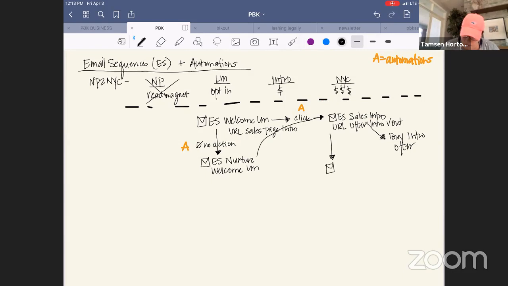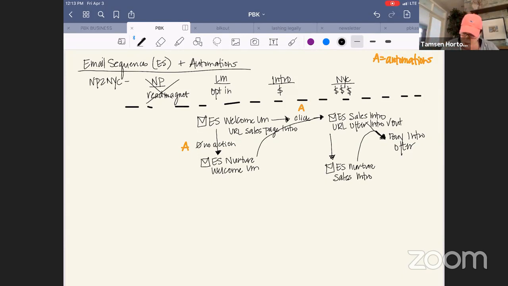So we're going to have the email sequence. We're going to use the same concept. We're now in nurturing because they didn't take any action. So here you end up having the nurture sales intro. The whole purpose being click to buy. That's where all we're doing is basically giving them a second kick at the can. They needed more from you before they purchased.